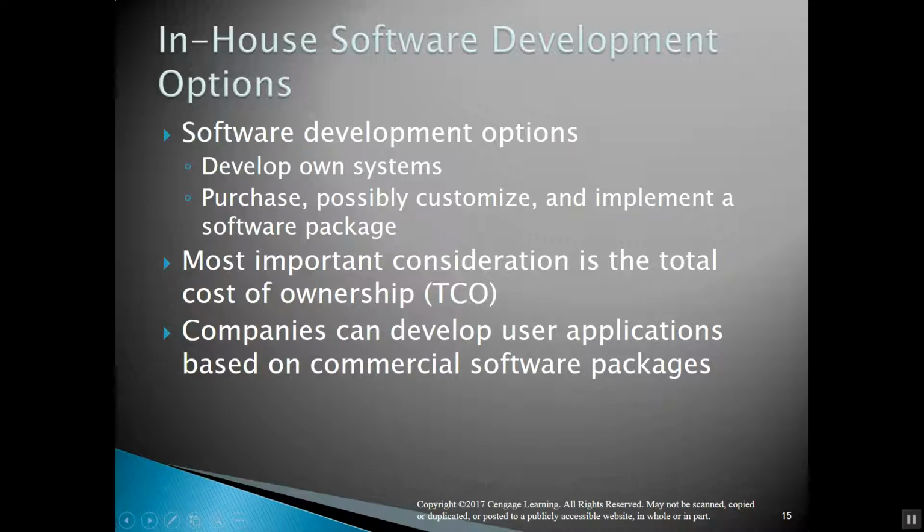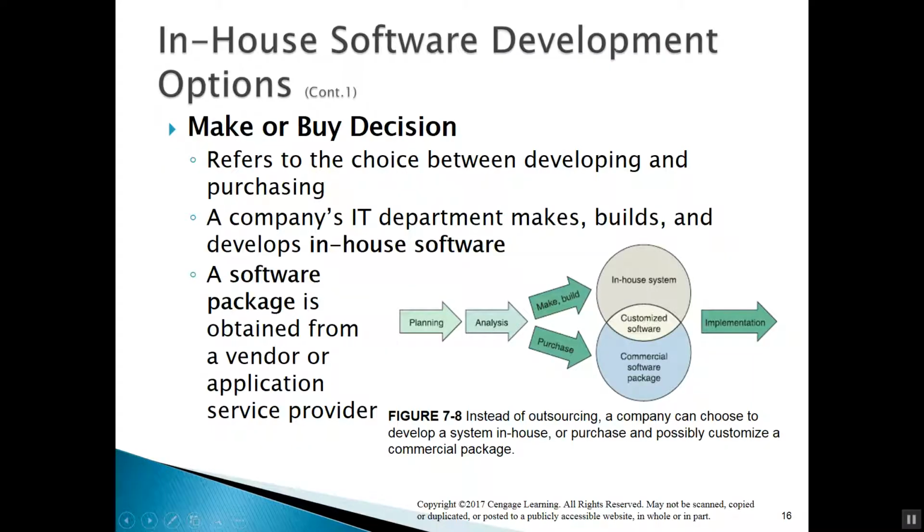The thing that we need to look at the most is the total cost of ownership for this system, and try to minimize costs wherever we can without compromising the critical path and the overall efficiency and completion of the project. So we end up with a couple of decisions that we've got to make. The primary decision is, do we make or build this solution on our own, or do we buy a canned or packaged solution? All too often, the packaged solutions don't do what we really want them to do.